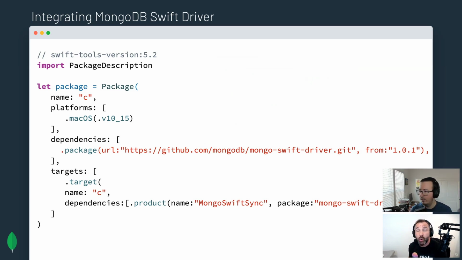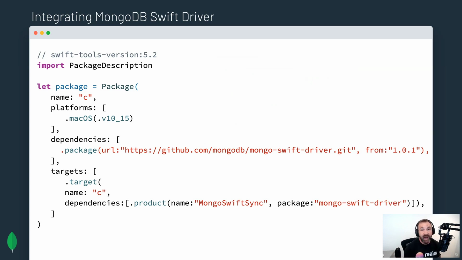One of them is CocoaPods. CocoaPods is a very popular way to integrate modules, third-party modules. If you're an iOS developer, you're most likely going to leverage CocoaPods to integrate modules. Not so much on the Swift server, on the server-side Swift end. Server-side Swift seems to be leaning toward the Swift Package Manager, or SPM, and that's what we're going to use